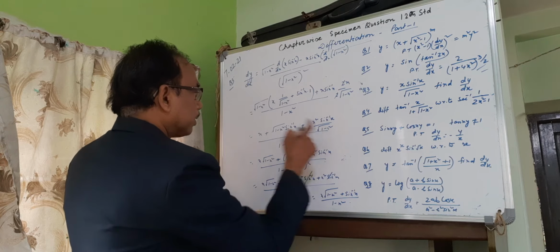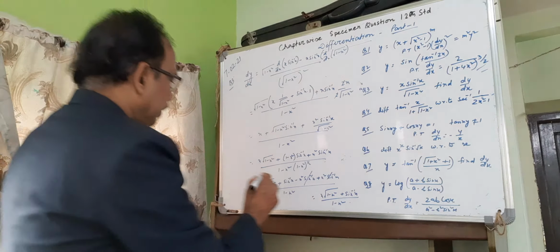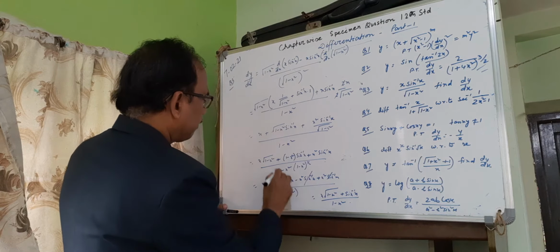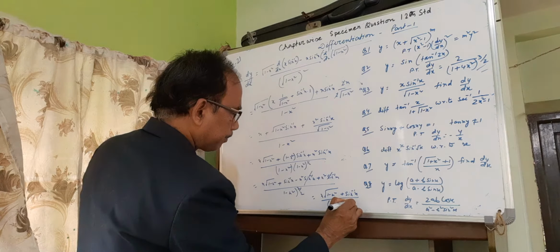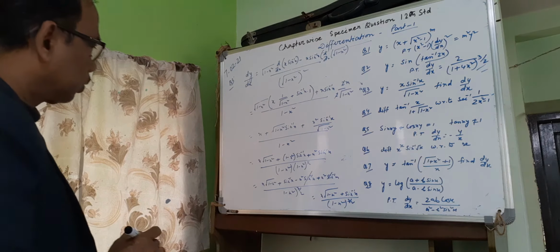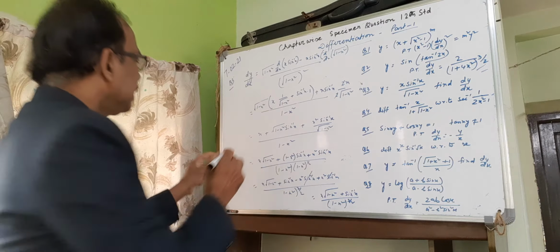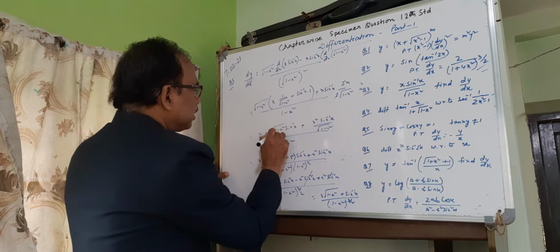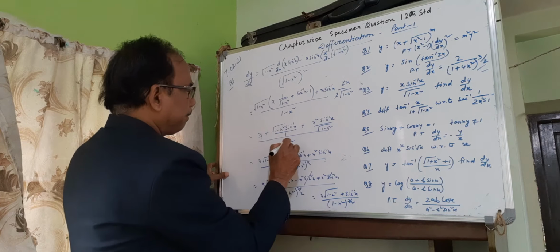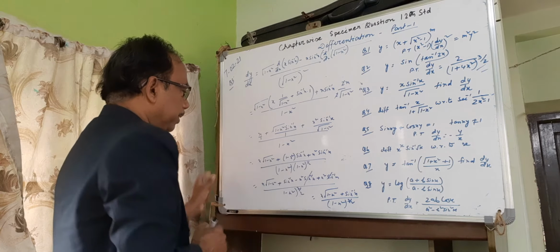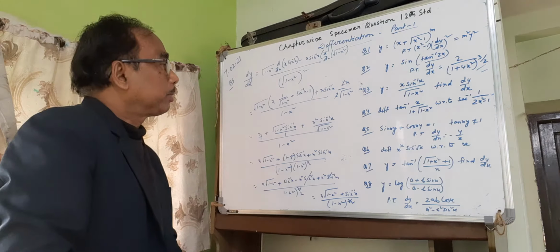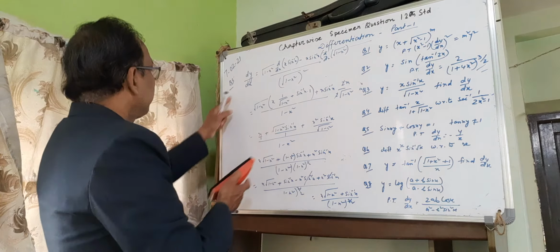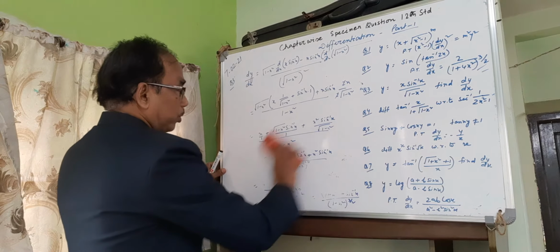This is denominator. That is 1 minus x to the power 3 by 2. This is the LCM. This by 1, this by 1. This is the LCM. So this is coming down. Okay, that is the differentiation of question number 3. dy by dx value is this. Next, question number 4.